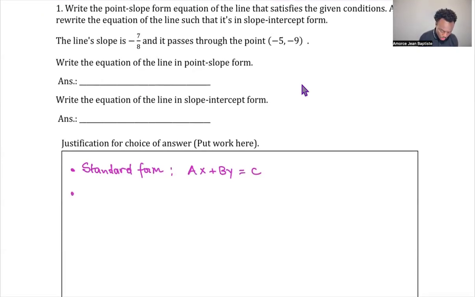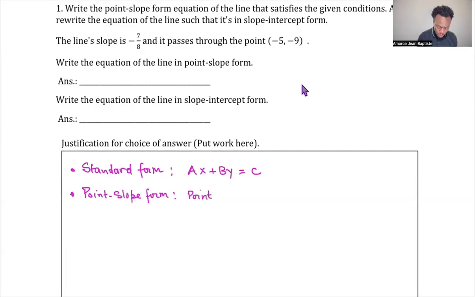The point slope form is when the equation is given to you, they give you the description of the equation, but they don't really give you the actual equation. For the standard form, the equation is given to you, or they can ask you to write the equation in standard form. But point slope form is typically when they give you a point